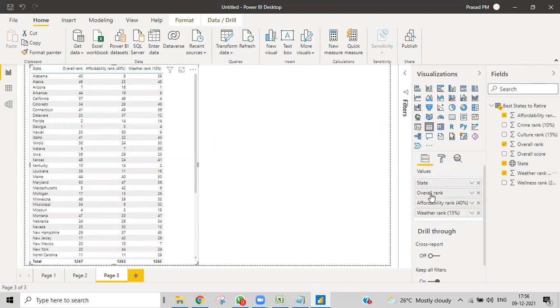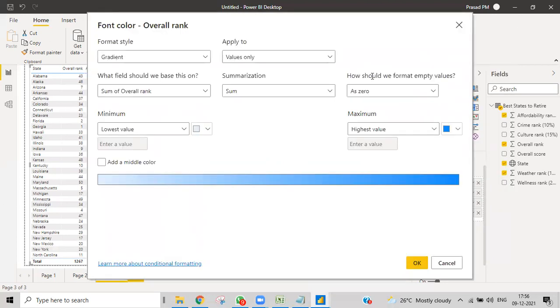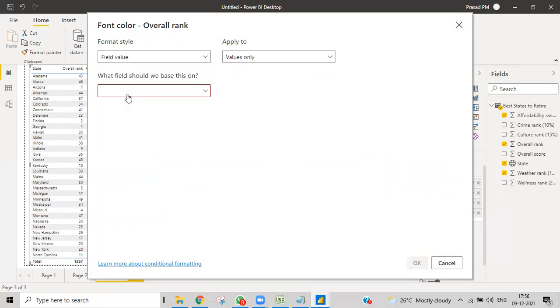So again, I'll go over here and check it out. Additional formatting, and then I'll go over here to font color. We can choose a fixed value or field value also, and for that we need to write some code.